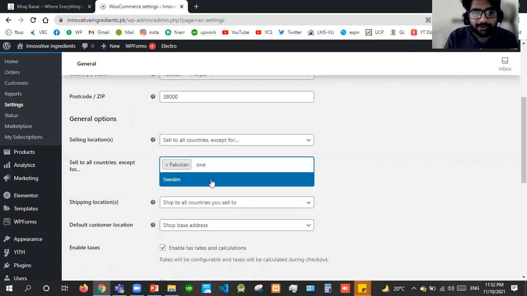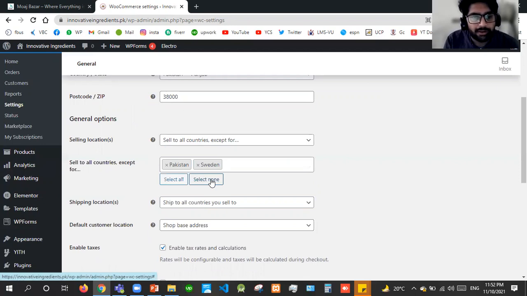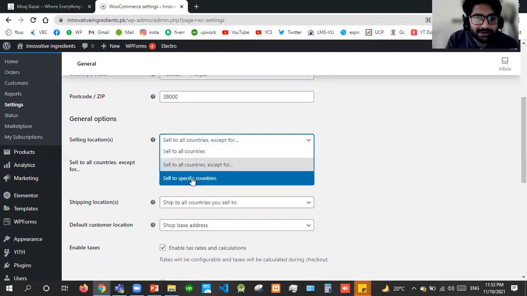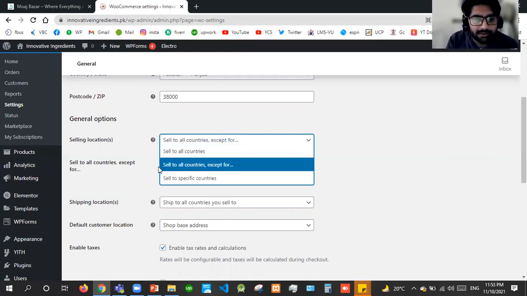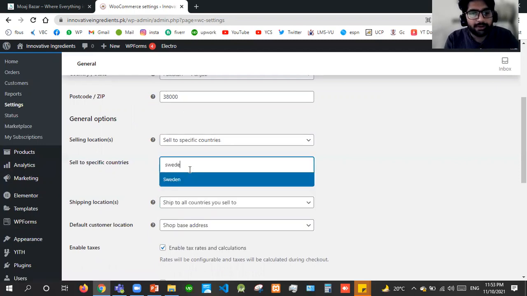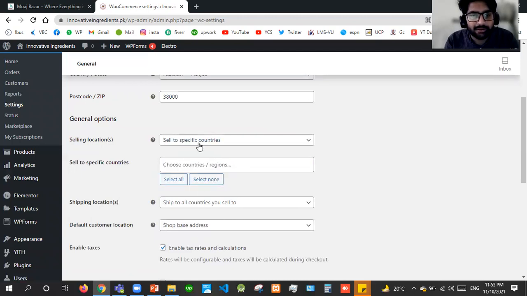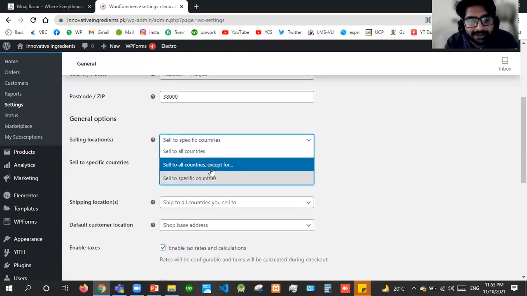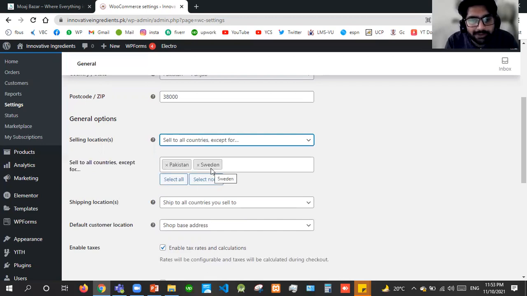Okay, then I want to do it in only these. If I want to add some specific countries, I can add these specific countries. Suppose I only want to deliver things into these two countries. If I add the second option, "except for," it means I don't want to sell in these countries. Except for means for only these two countries I don't want to sell,